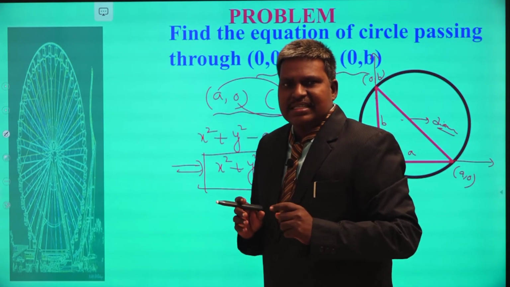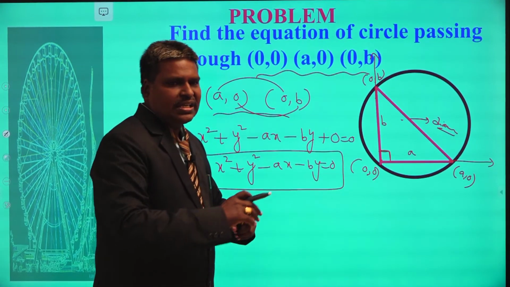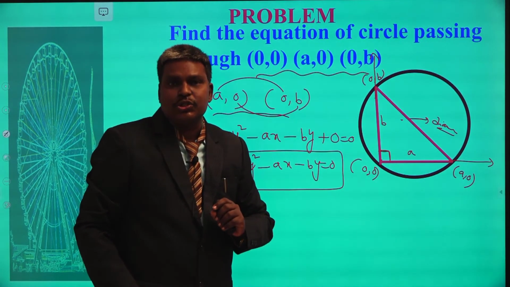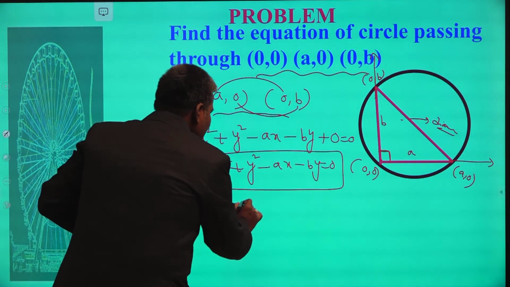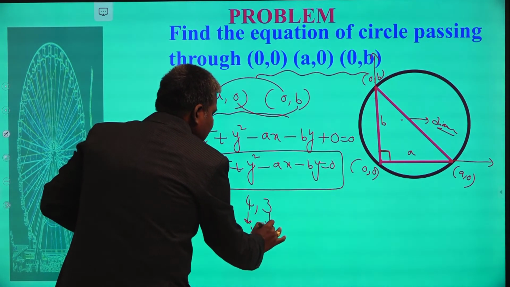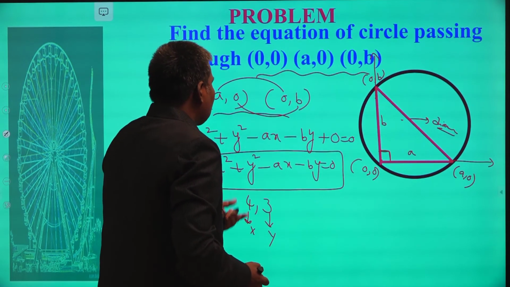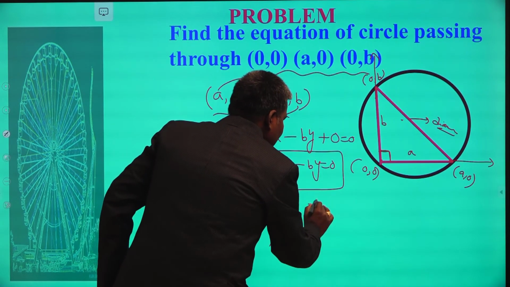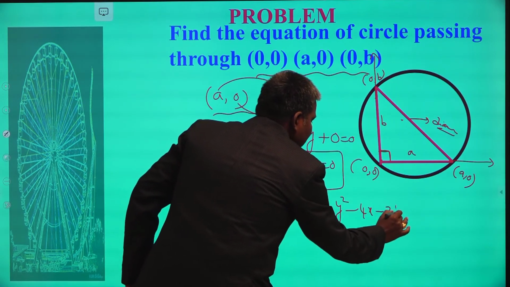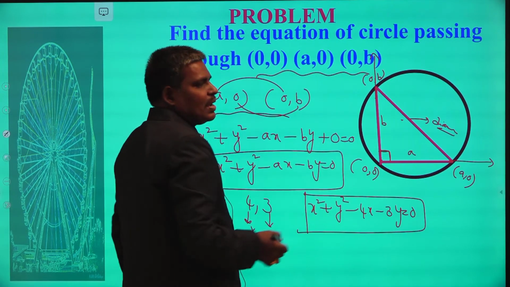Intercepts: a is the x-intercept, b is the y-intercept, and if your circle is passing through the origin, immediately you can write the answer without writing the extremities of the diameter also. Suppose your intercepts are 4, 3. This is the x-intercept, y-intercept. Then for the circle passing through the origin, what is the equation of the circle now? The circle equation is x square plus y square minus 4x minus 3y equal to 0. Directly you can write it without taking the extremities of the diameter.